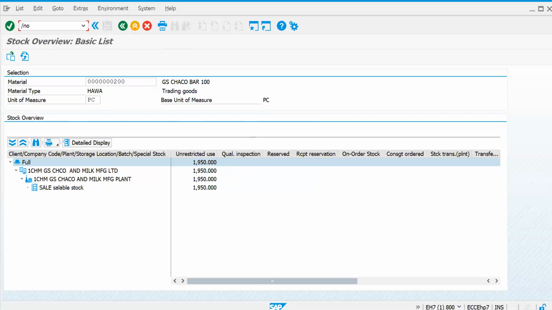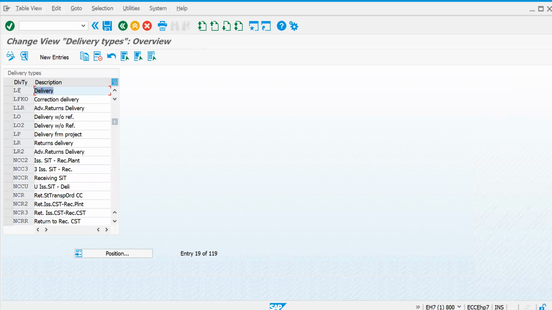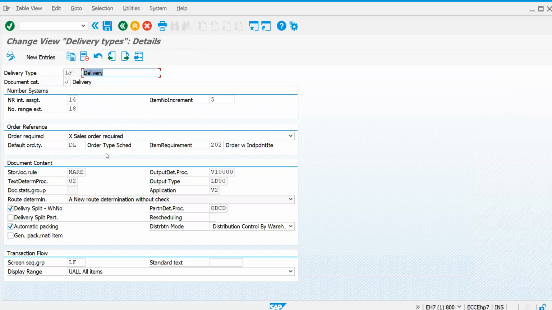Now coming back to our discussion. We have discussed the sales document header, where we are simply discussing the delivery document type attributes. So OVLK, let's go to LF, standard delivery. So now you got it.